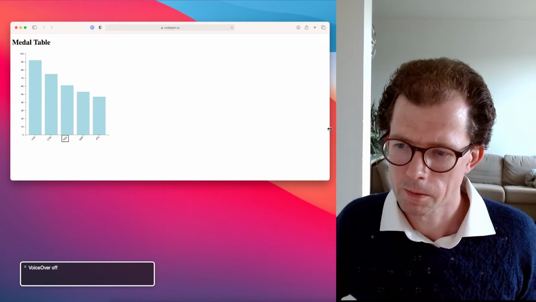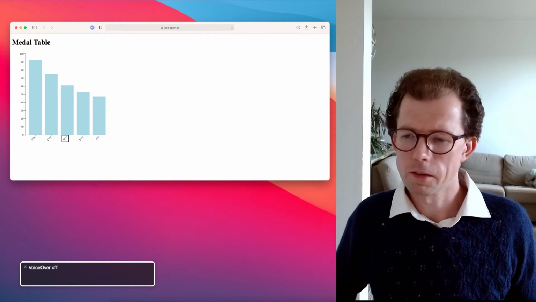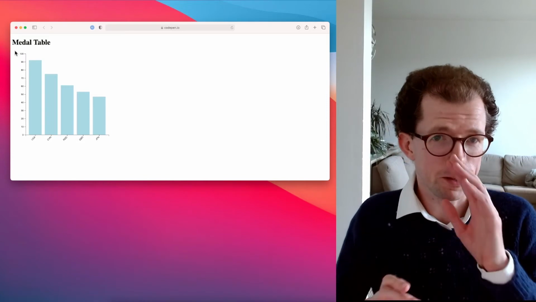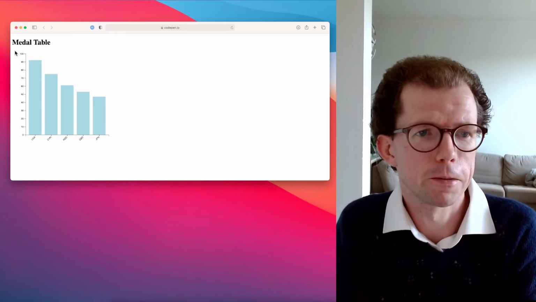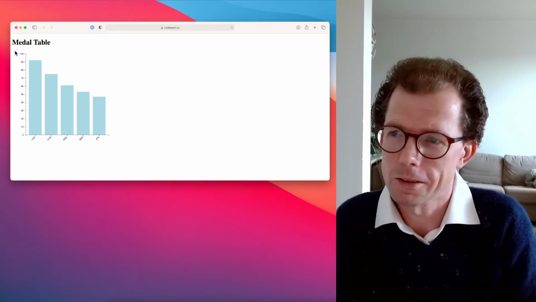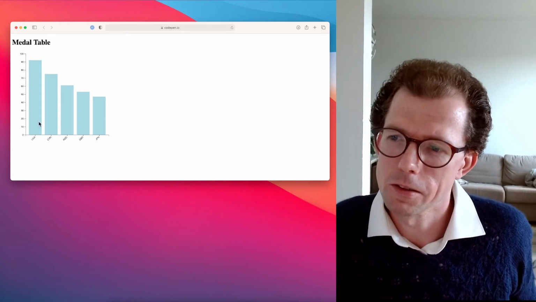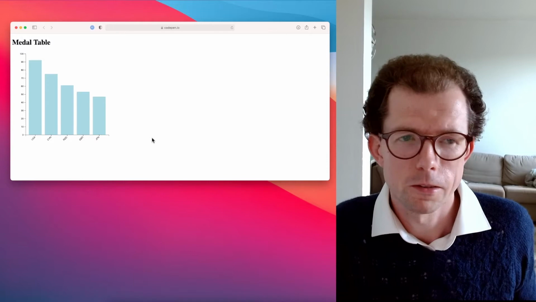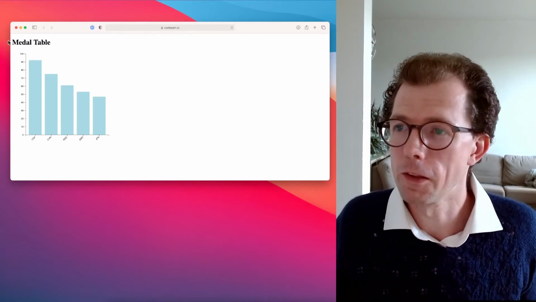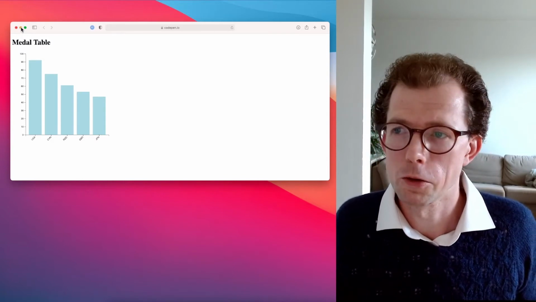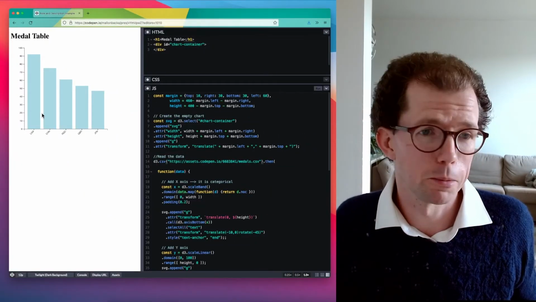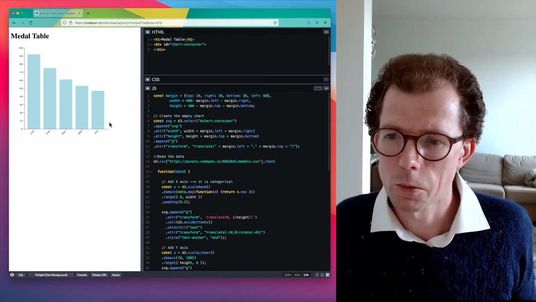VoiceOver off. Okay, so it's a little weird. You might think, looking at this, that this is an image, but VoiceOver clearly doesn't think so, and it went inside the container and started going from bit of text to bit of text. This isn't behaving like an image, even though to people who are not using any assistive technology, this looks like it's probably an image. So what can we do?